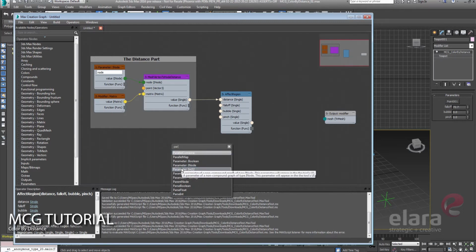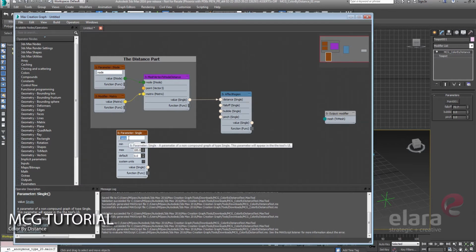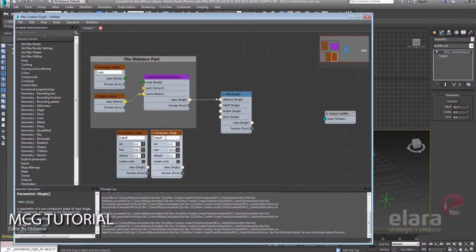In this particular case, we're going to do a parameter single. So we've got a float, and as you can see, we've got inputs for minimum, maximum, and whatever default value that you might want to be working in. And so let's just call this fall off, and instead of digging through and finding multiple of these guys, we can just hit shift and drag, and we can do a copy of that.